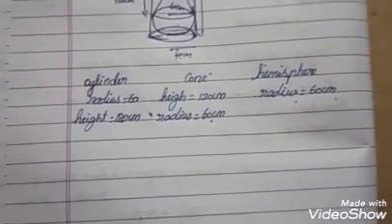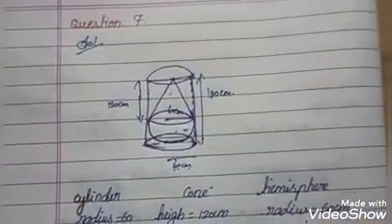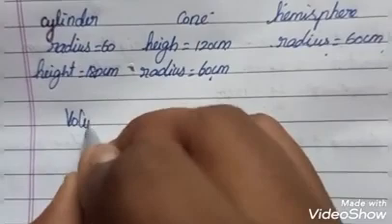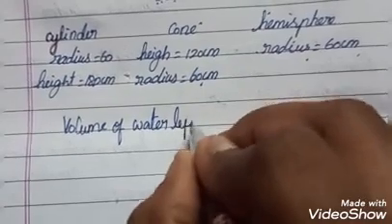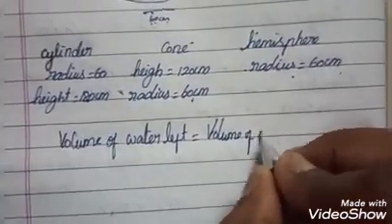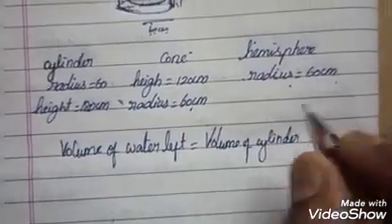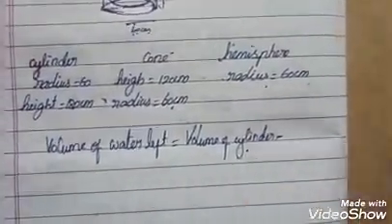What do you need to find out? We have to fix this solid inside the cylinder, some of the water is left out, and we need to find the water left in this cylindrical container. So we need to find the volume of water left, which is equal to the volume of the cylinder, the total volume, minus the volume of your solid.